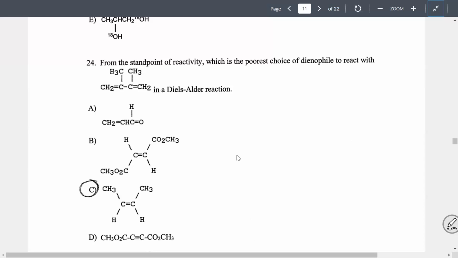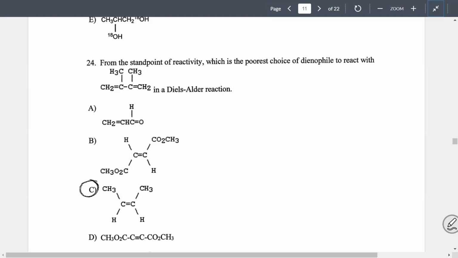So, singular double bond? No. As long as you have one little double bond or one little triple bond, that's considered a dienophile. Okay, now what was the preference for dienophiles? It wasn't about super trans or super cis. They prefer to have what kind of groups? Electron withdrawing groups. Exactly. So if you're looking for the worst dienophile, if you have an electron donating group, that's not going to